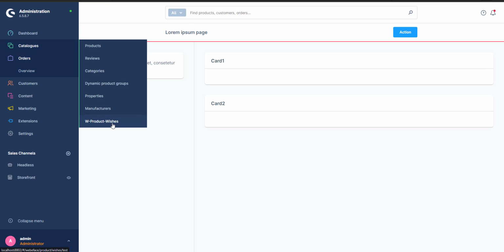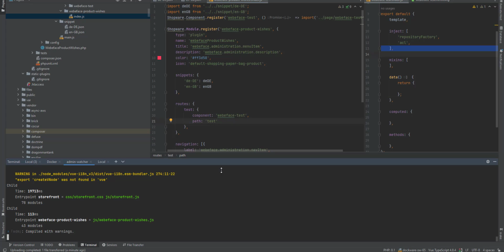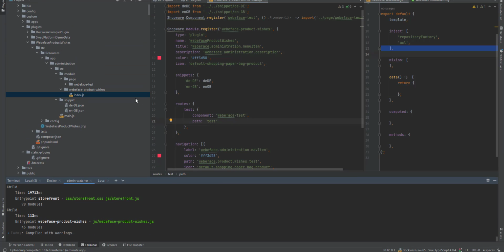So that's it, it's good. So now we have the module, and we can start to write the others, like listing and detail, maybe edit too. But for this part one of this video, about a custom module for the administration,